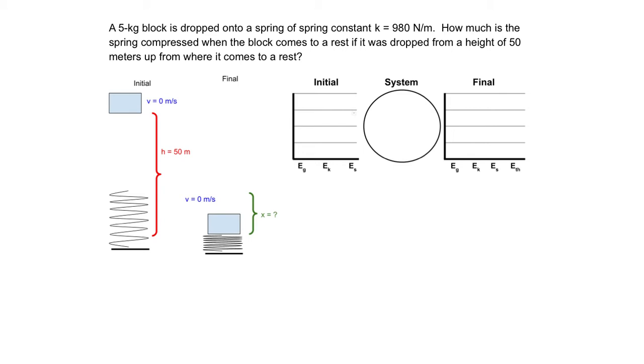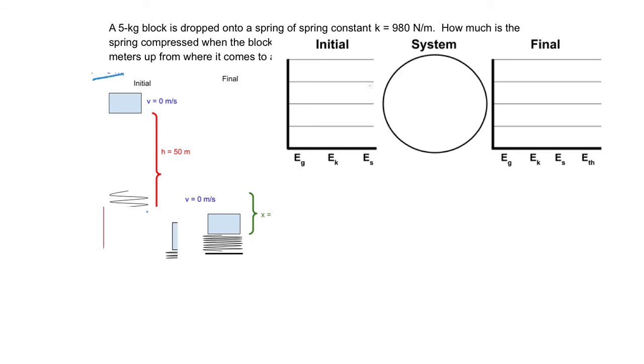Okay, so the first thing I like to do for these problems is I like to cross out any energy storage modes that I know we're not going to be using throughout the problem. For example, here we're told that the velocity is 0 both in the initial and final parts of the problem. So since that has to do with kinetically stored energy, we can go ahead and cross those out because we know that it's not really going to play a factor in our calculations. Similarly, we can also get rid of E-thermal, because there's no opportunity for